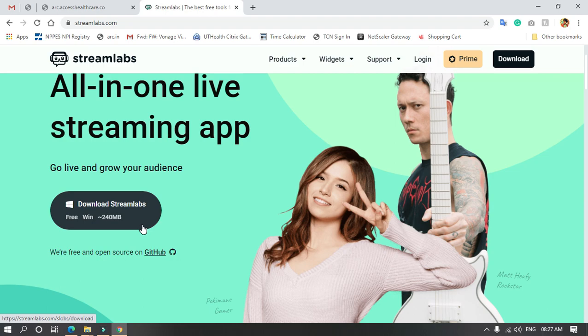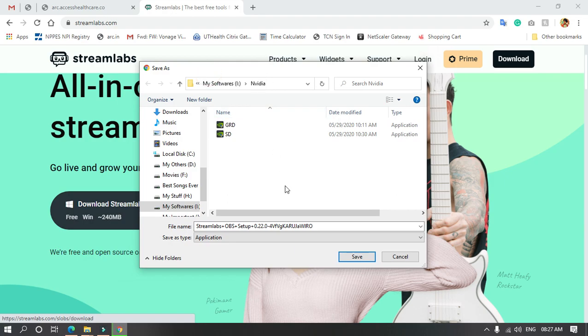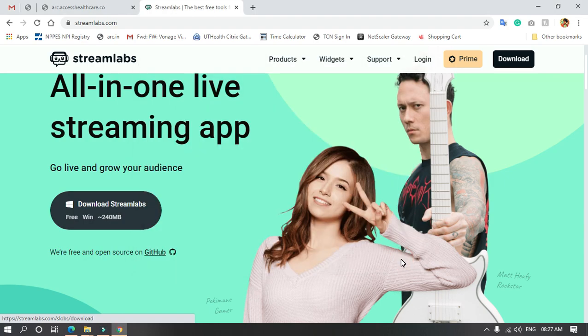I'm going to put the link in the description as well, from where you can directly download the software, which is the best streaming software as far as I know. Once you click on the download dialog box, it will ask you to save the application. Alright, I'm not going to save it because I have already installed it in my system.